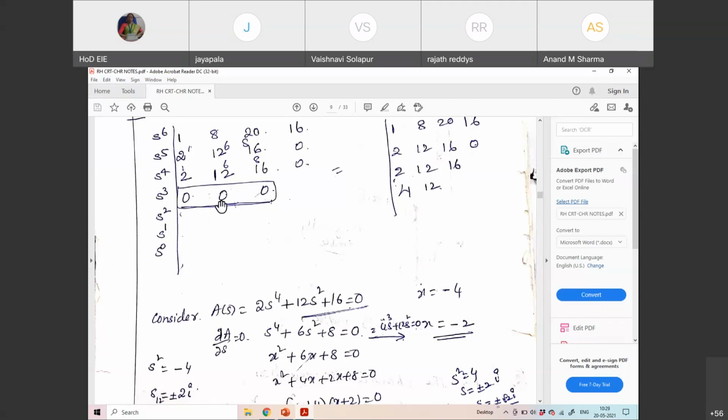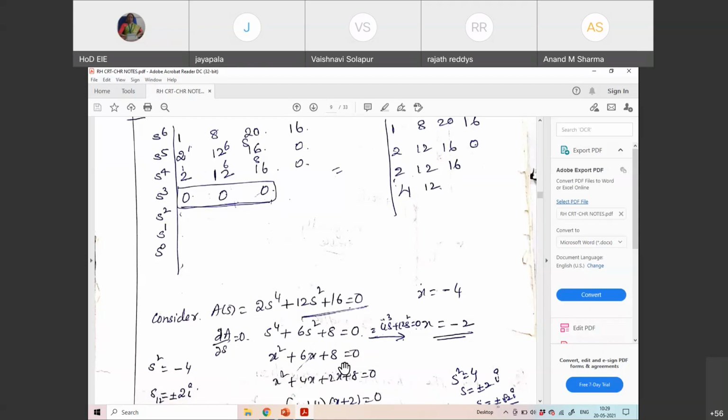So now in order to find the roots, revert back to your auxiliary equation, which is s to the power of 4 plus 6 s square plus 8. Correct? Now in order to find these roots, s to the power of 4, you have to find the 4 roots. So to find it very easily, I have assumed s square as x. So in that case, this will become x square, this will become 6x, this will become 8. Is there any problem for that?